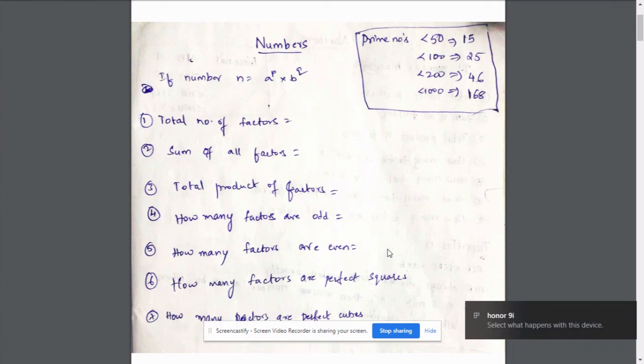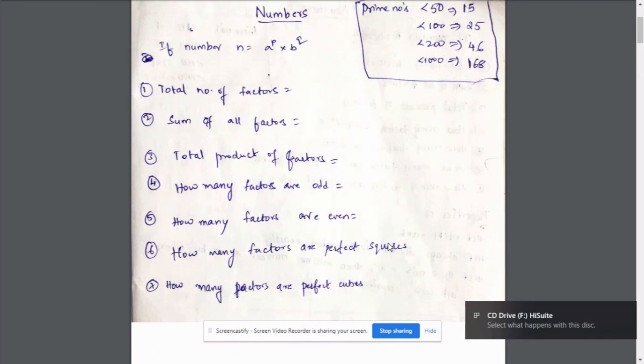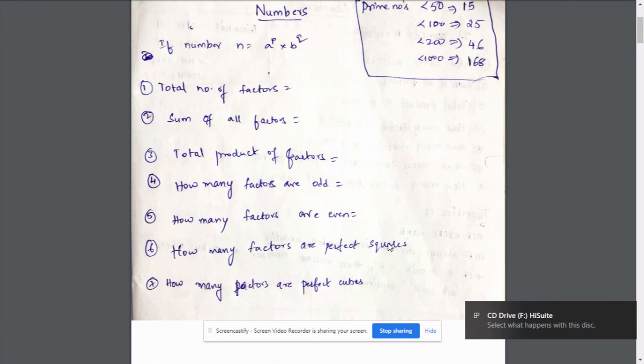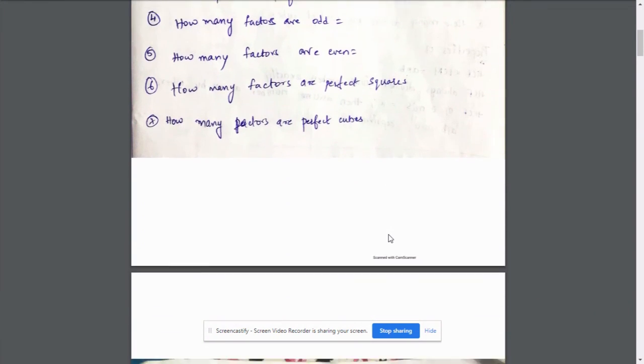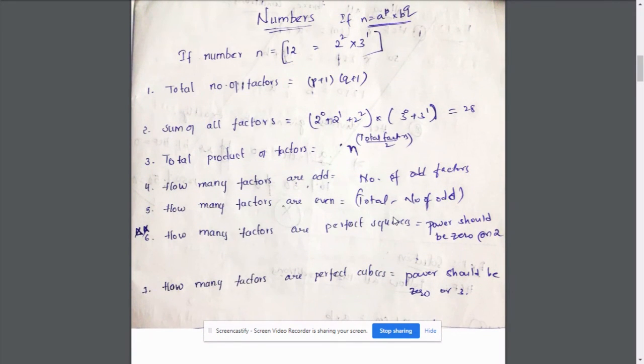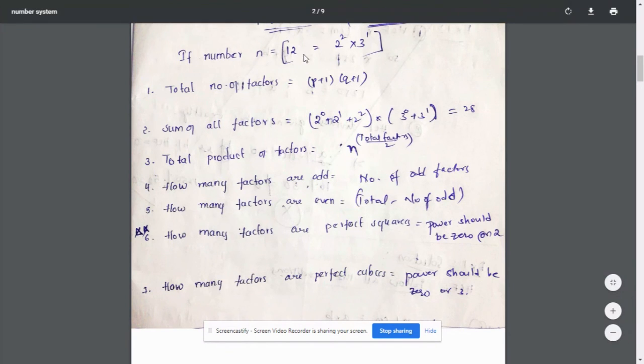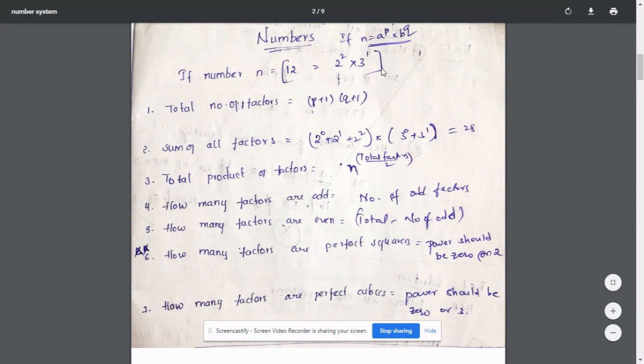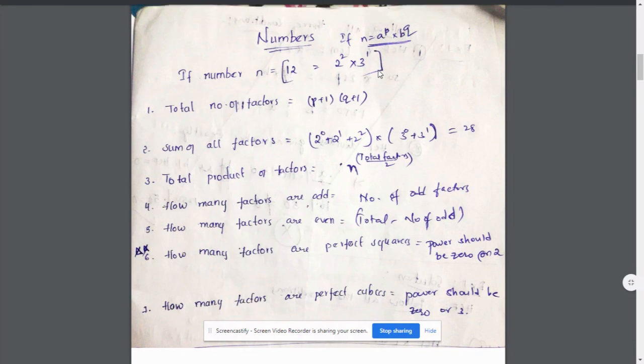Basically, these are all the questions asked repeatedly. So, just take the screenshot of this and practice for different numbers. I will directly go to the formula section now. You can directly derive, you can directly substitute the things here. What you need to substitute is, first divide the number into its prime factors, as the product of the prime factors as I have shown.